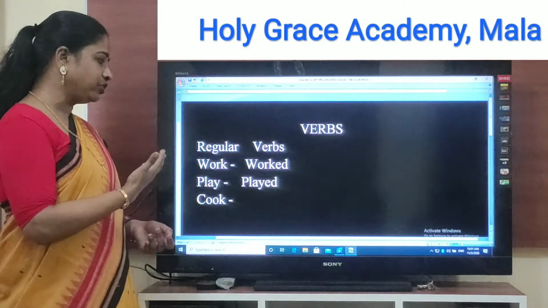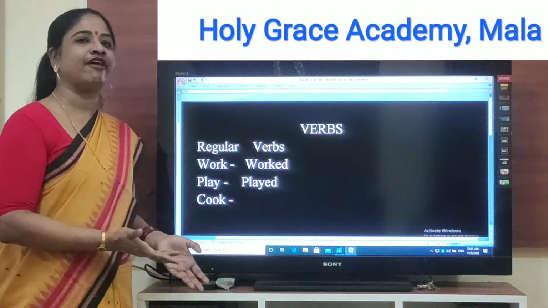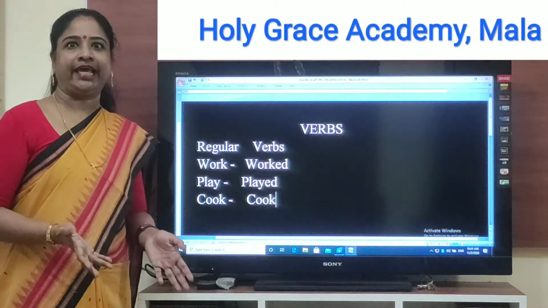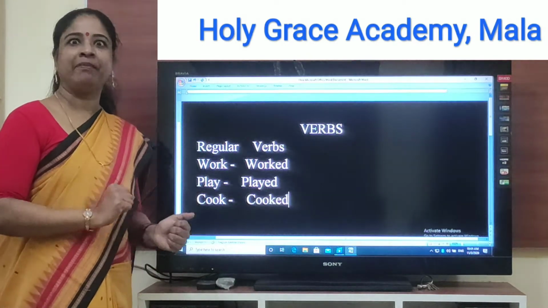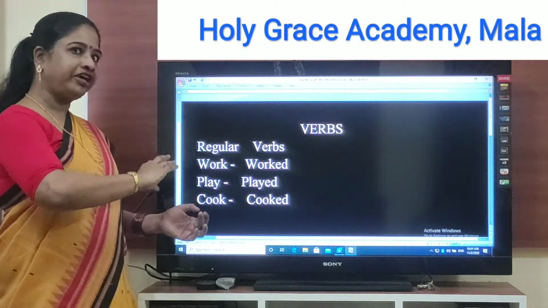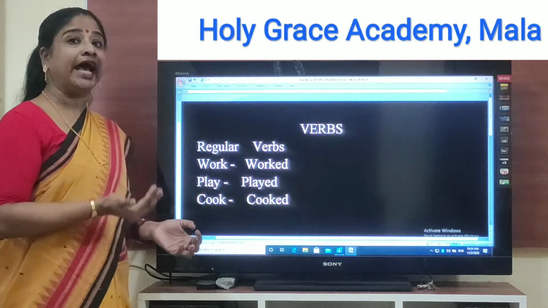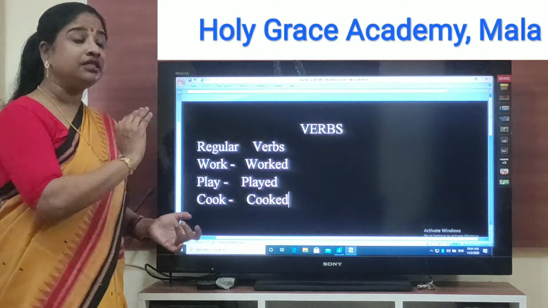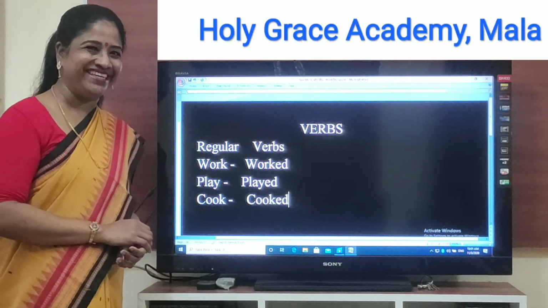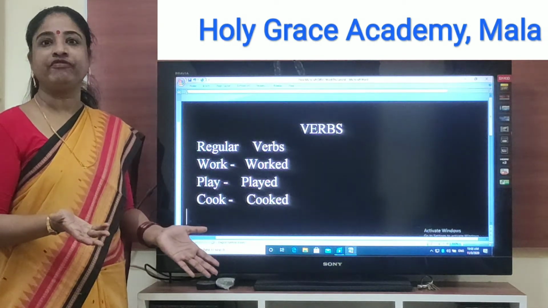And now if I want to change this into past tense, what do I have to write? I just have to write C-O-O-K-E-D and it's become cooked. So you see, these verbs which change into the past tense form by adding ed, these are called regular verbs. Pretty simple, isn't it?